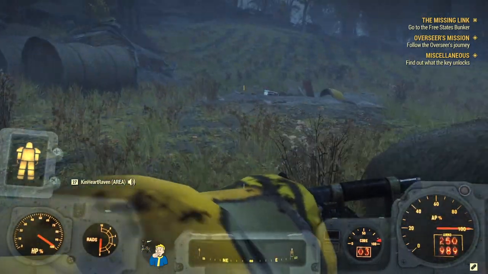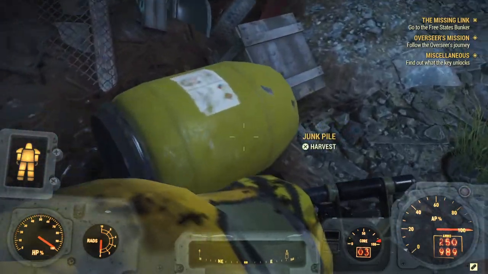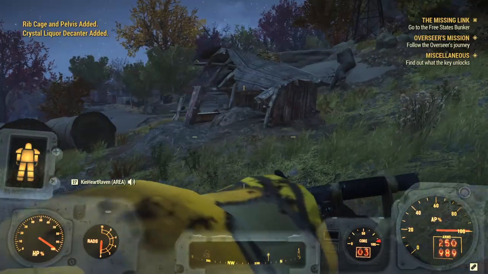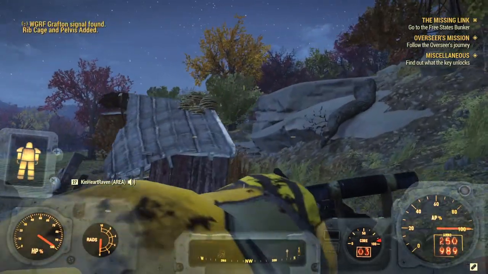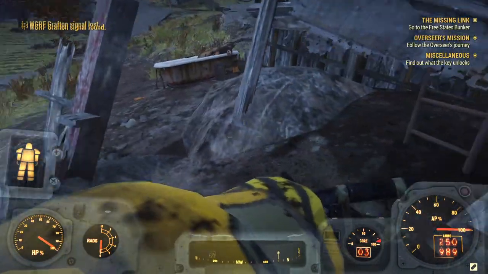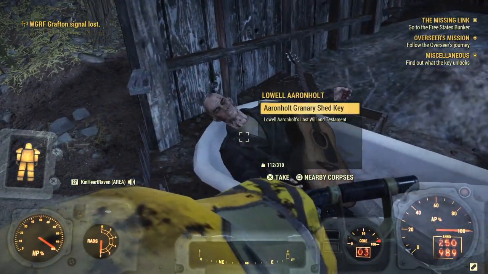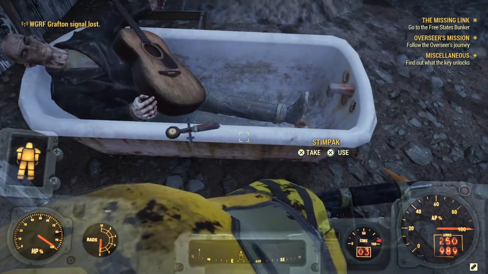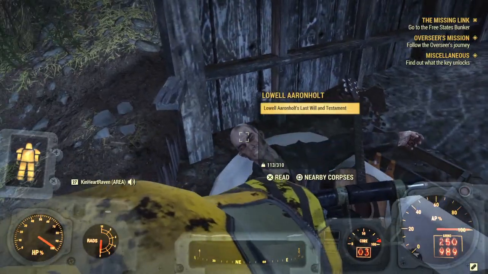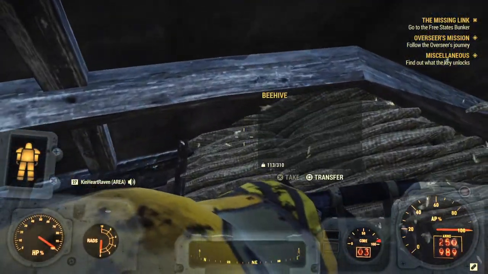But when you're... Oh, look. Here's a junk pile. So, yet another desirable place to make one of your first campsites. There's even honey here. But if you're trying to get into that shed and you don't have a lockpicking skill, come over here and grab this fella's key. You can read his last will and testament if you'd like, but...